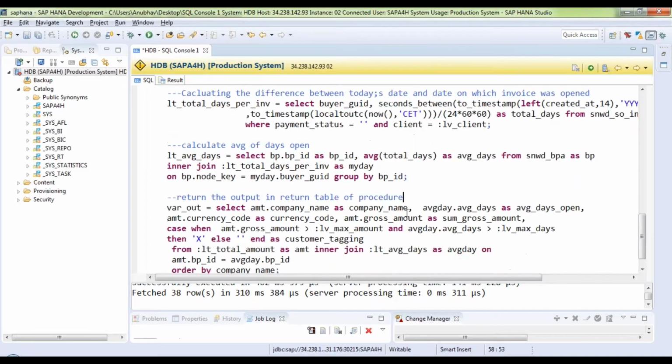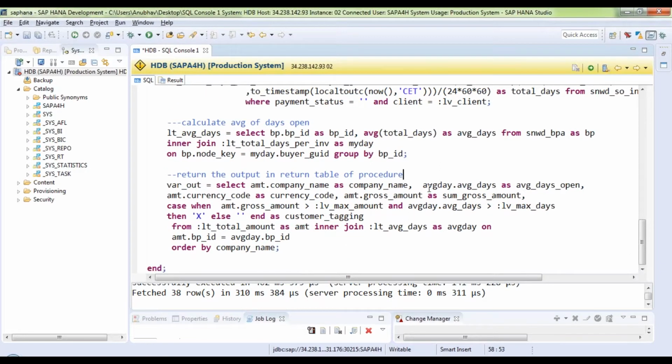That's what we have done step by step to create this end-to-end procedure. And you see here we have written a case statement to finally tag the customer as a probable defaulter, a risk for me, according to my customizing criteria. Okay, hope this is clear.